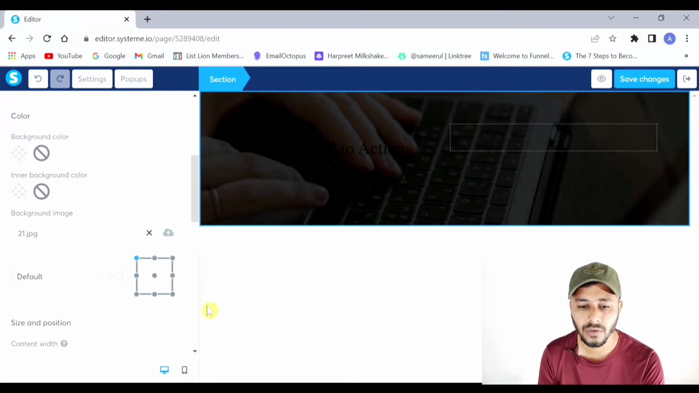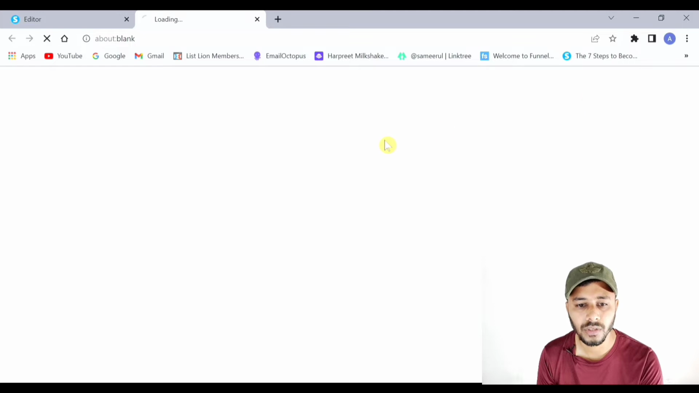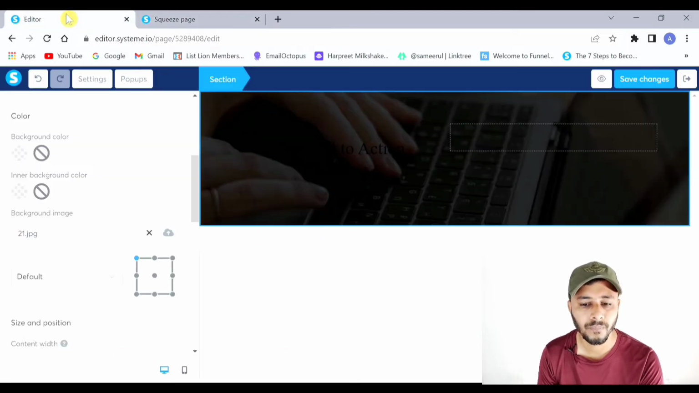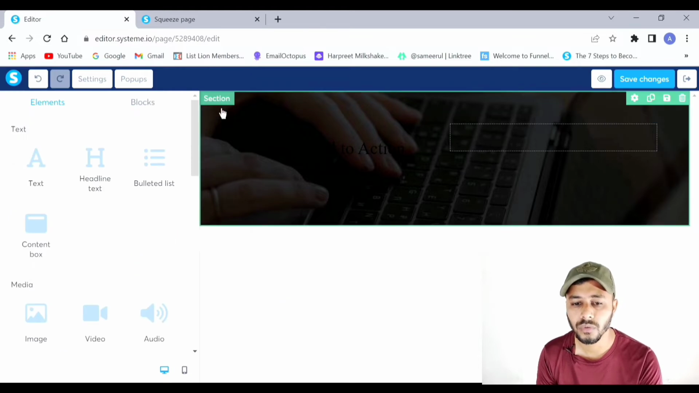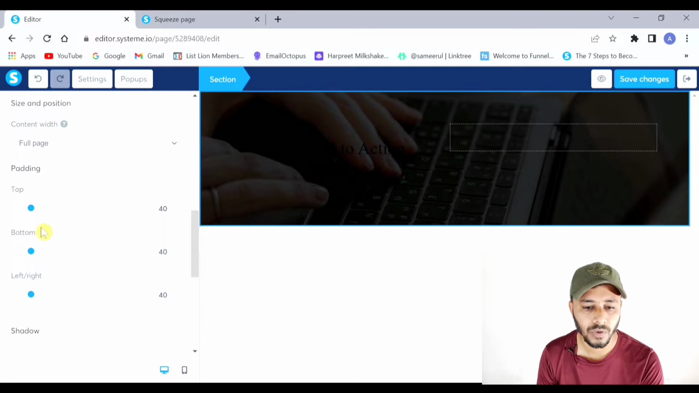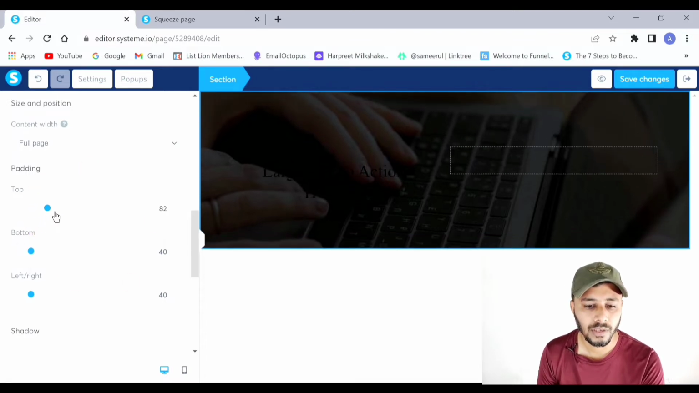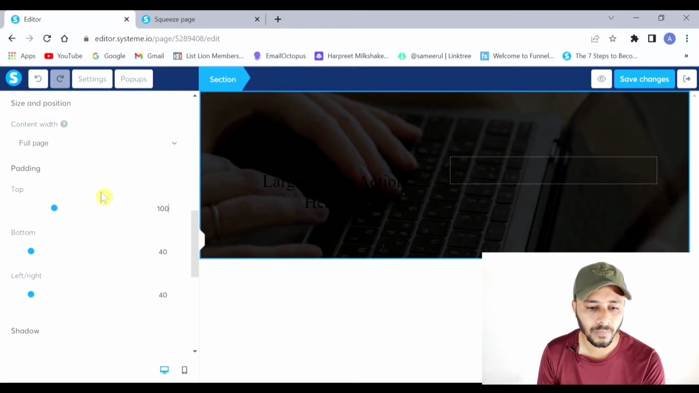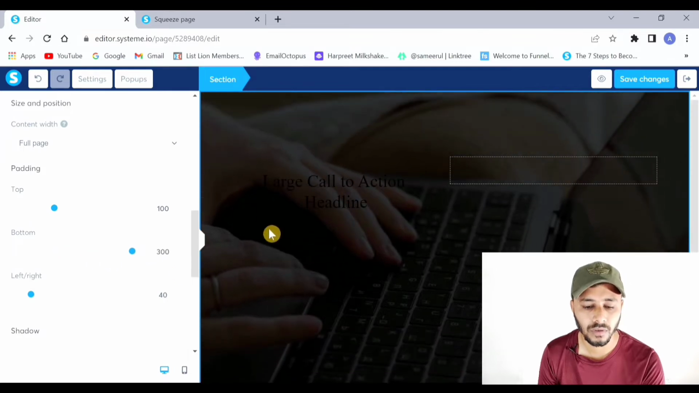Now it is not covering the whole page. You can anytime go to this eye button so that you can see the preview of your page. As you can see, this image is not covering the whole page. So for that, what you have to do is select this section, and here on the left side you go to the bottom and you can see this padding option. So you can increase the padding. I will increase the padding up to 100, let's say, from the top, and from the bottom I will drag it all